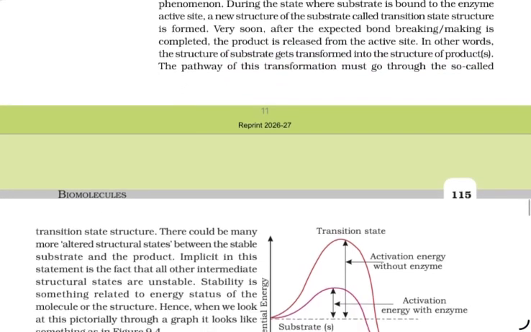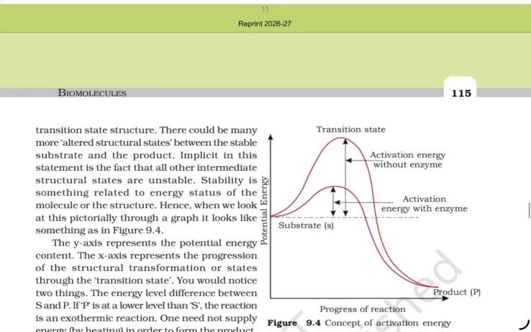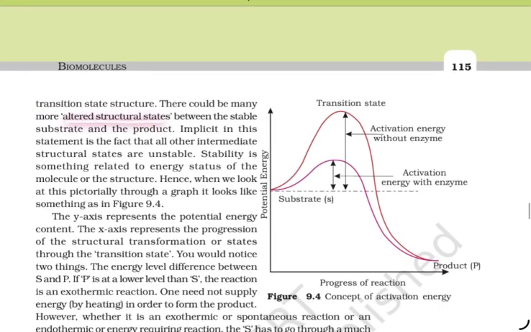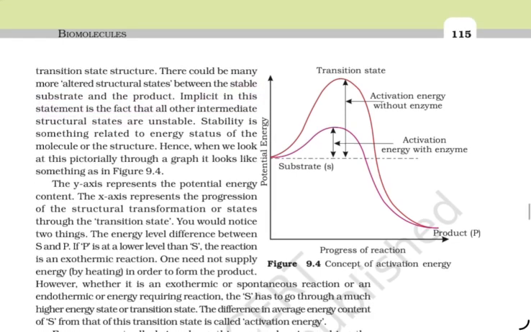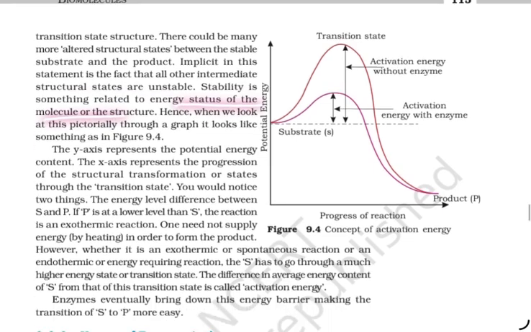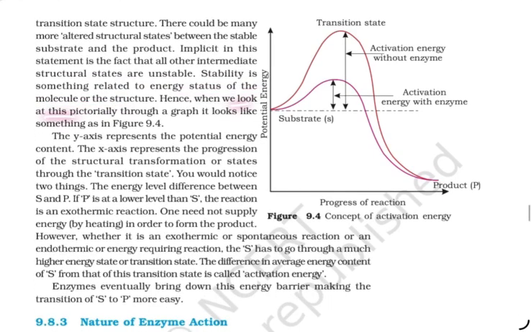In other words, the structure of a substrate gets transformed into the structure of a product. The path of this transformation must go through so-called transition states. There could be many more alternate structural states between the stable substrate and the product. Implicit in this statement is the fact that all other intermediate structural states are unstable. Stability is related to the energy status of the molecules or the structure. Hence, we look at this